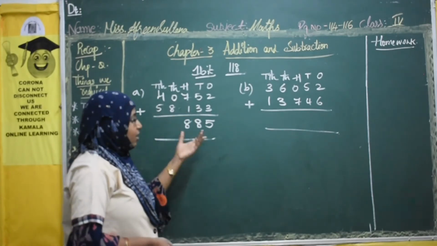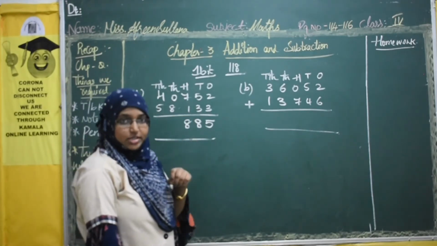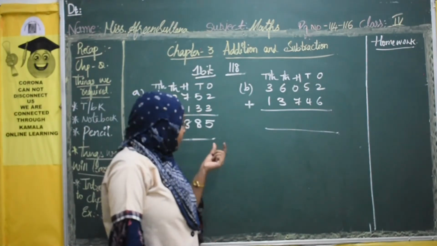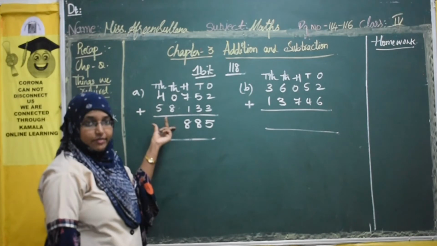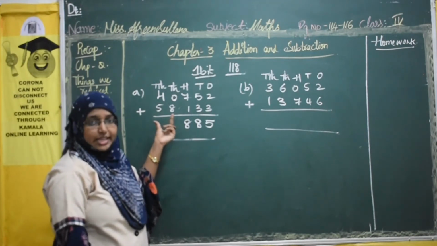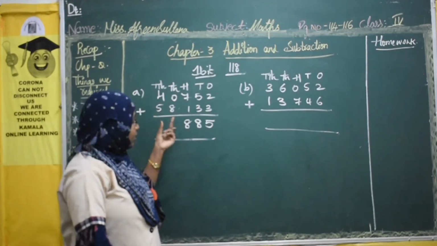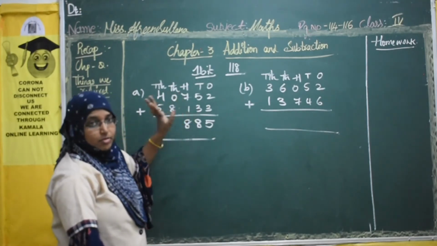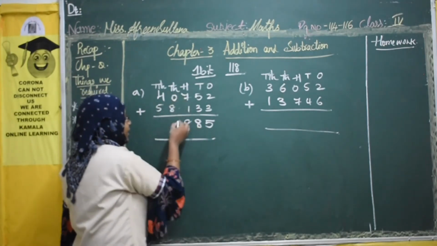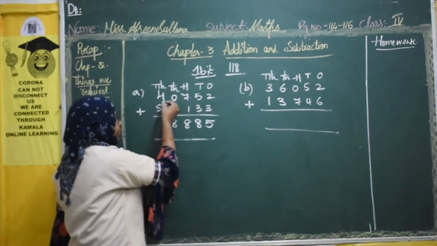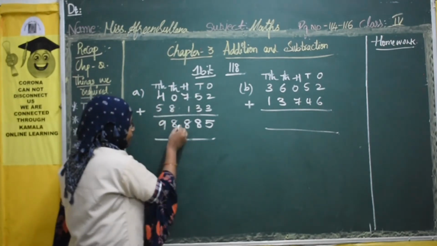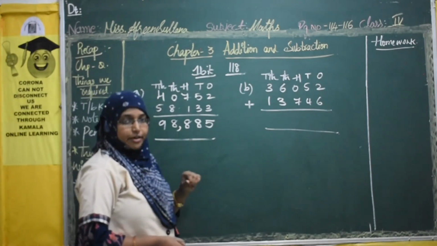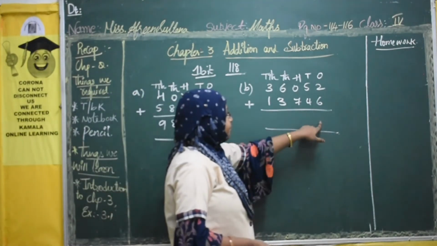Right? Supposedly, if anyone has given you 5 rupees first day, second day they did not give you. So how much money you have left? You have 5 rupees because the second day they did not give you anything, right? So similarly, whenever you add 0 to any number, the value will be the same. So 0 plus 8 is 8. 5 plus 4 is 9. So if you put comma, that is 98,885. Coming to the next one.